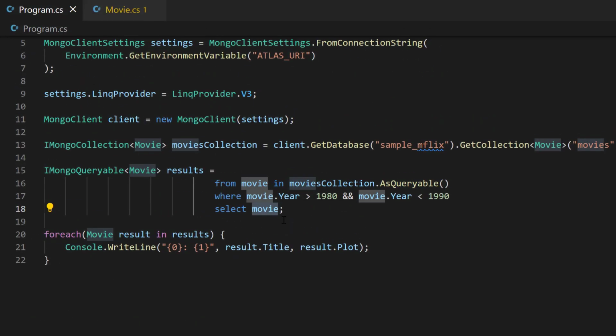Now, I did mention that we chose to return the entire document, or whatever was defined in our movie.cs file. If we only wanted certain fields to be returned rather than the entire document, because the documents in this particular collection have quite a few fields,